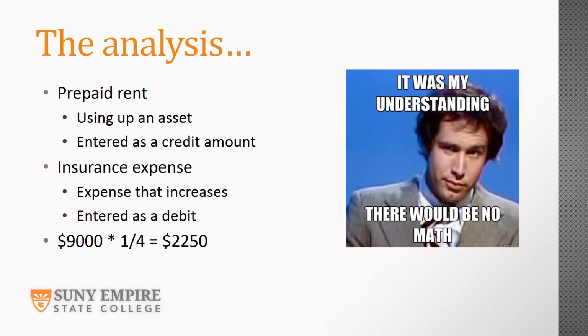But what about the prepaid rent? The analysis is almost identical to that for the prepaid insurance. We are using up the asset prepaid rent, so that account will be credited. That amount is matched to rent expense, which increases with a debit amount. But how much is the transaction? Since Polly paid for 4 months' rent, we have used up 1/4 of the purchase amount. So we have 1/4 of $9,000, which is